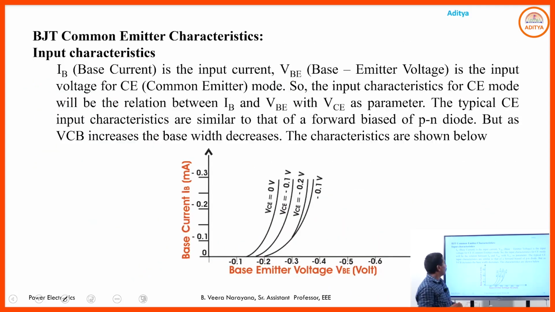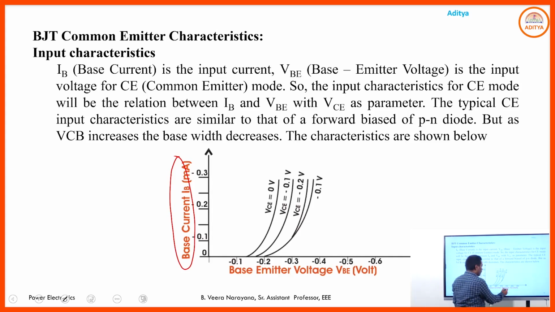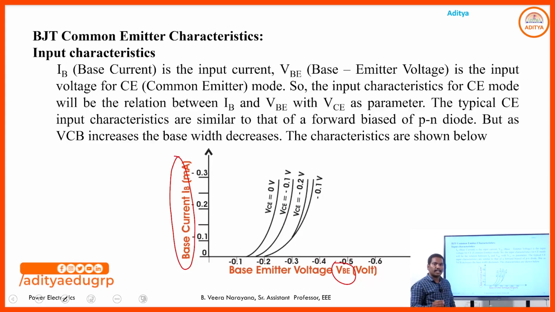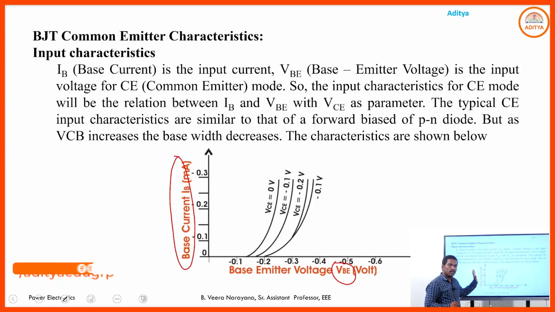So if you go through the input characteristics of the NPN transistor, these input characteristics simply show the relation between input current and input voltage. We already considered that for common emitter configuration, base is taken as the input terminal. So the current flowing through the base terminal is considered as the input current, and the voltage across the base and emitter terminals is taken as the input voltage. If you draw the characteristics between input current and input voltage, those simply give the input characteristics of the